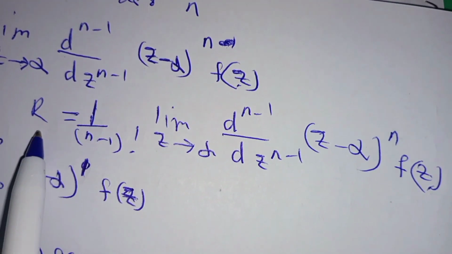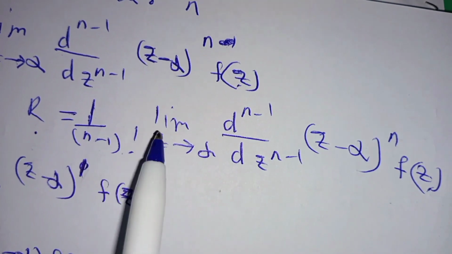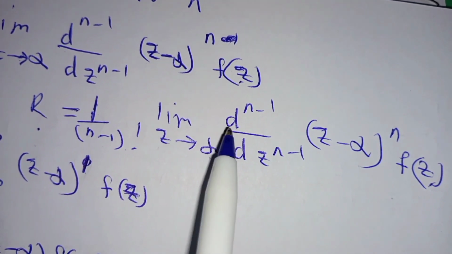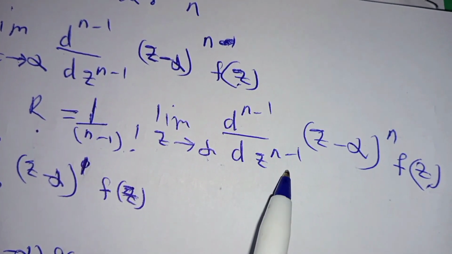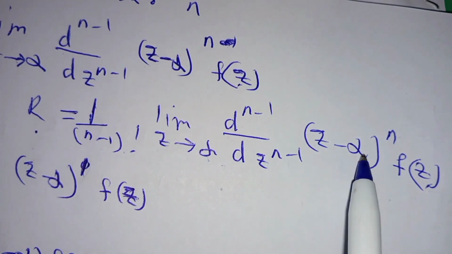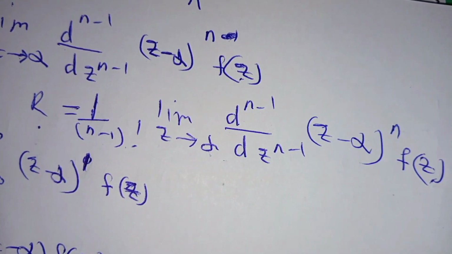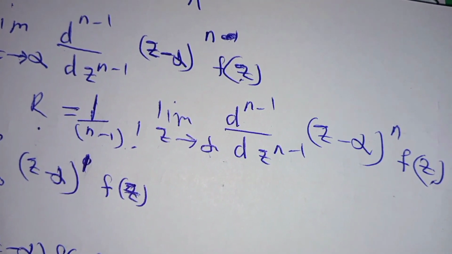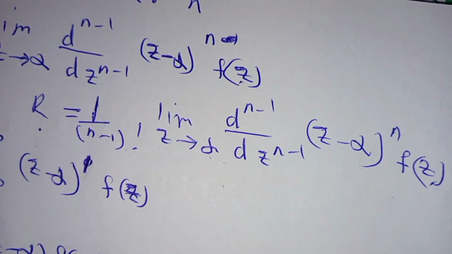The residue is given by 1 over n minus 1 factorial, limit as z tends to alpha, of d power n minus 1 divided by dz power n minus 1 of z minus alpha power n times f of z. Remember, the residue is found when you have a pole, and we have seen that a pole is a point where the function is not defined. And we have obtained that